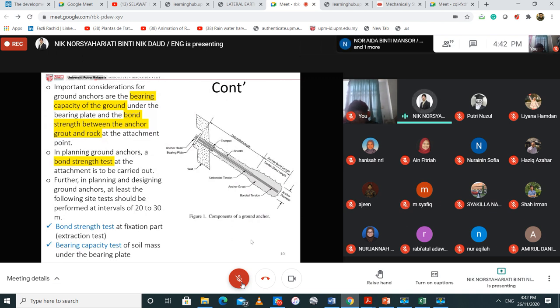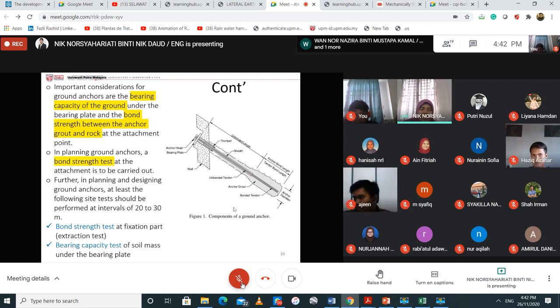Okay, so actually untuk those ground anchors ni, of course design is one part. You dah design, you dah implement, construct, but then at the end of it you need to test. Kena test. You bukan main buat design, construct, buat je, lepas tu tinggal. No, you kena test. So there are two tests, which is there are bond strength test, and then there's a